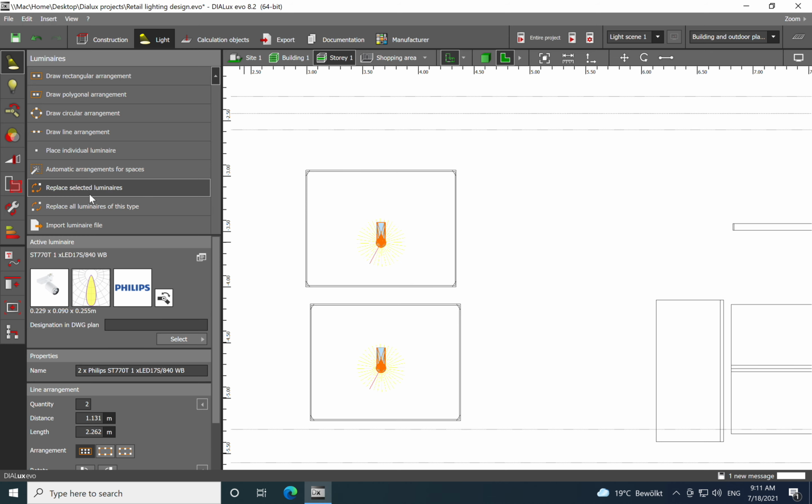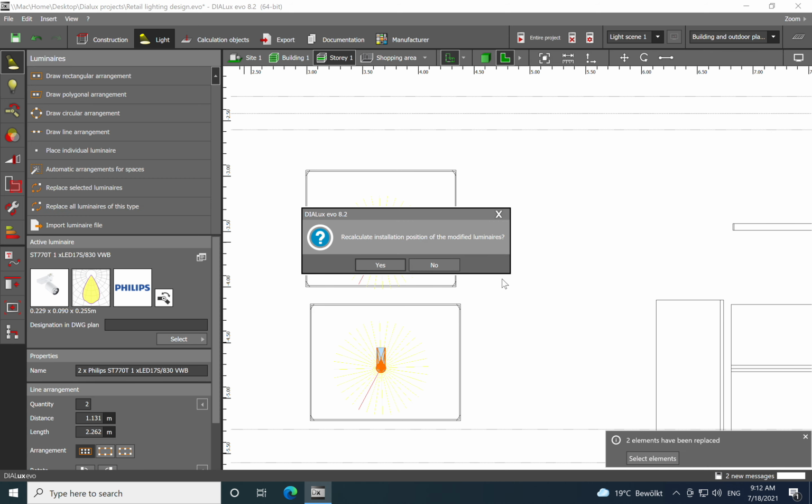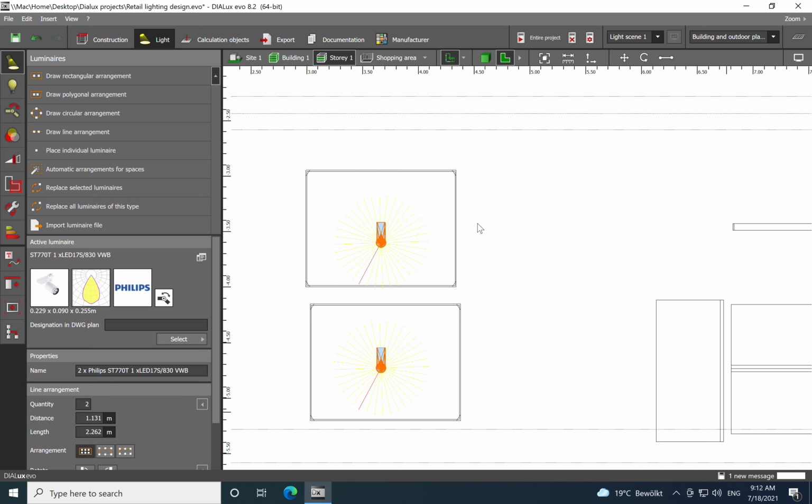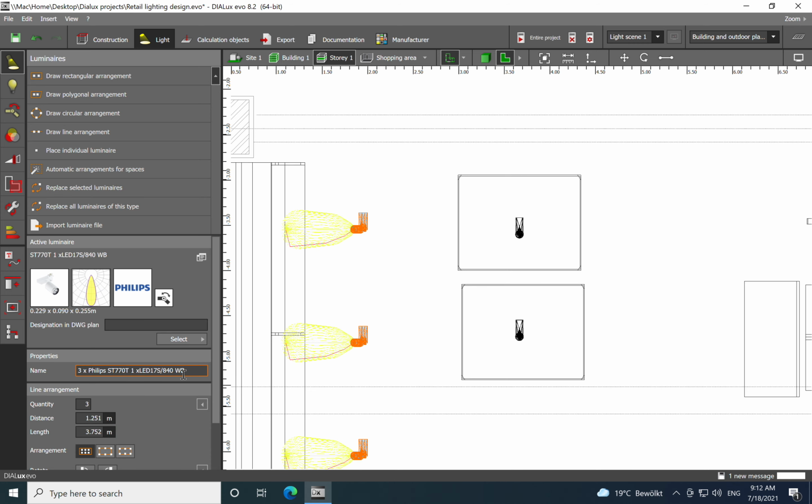And now we can replace, and I will just choose this one and apply, and now we should have the new luminaires, which have a color temperature of 3000 Kelvin, as you can see here, and they have different optics. In this case, we have a very wide beam, compared with these ones, which have only a wide beam